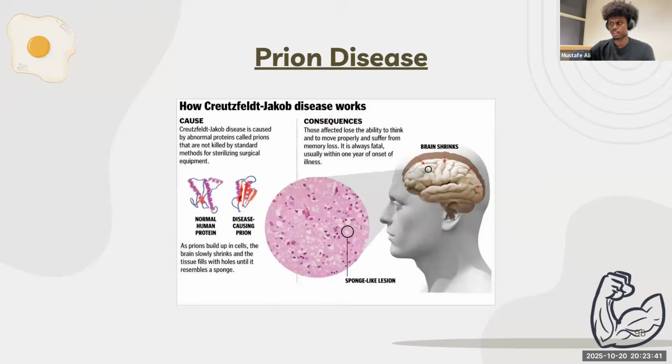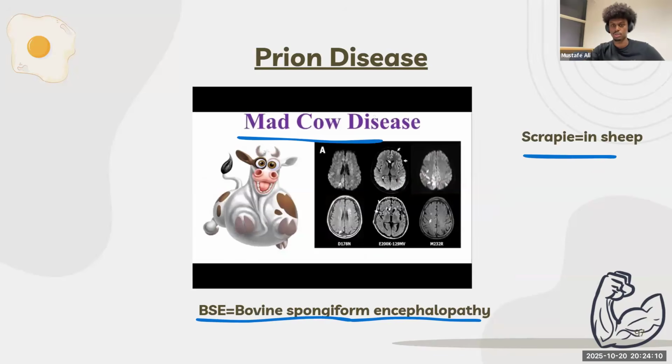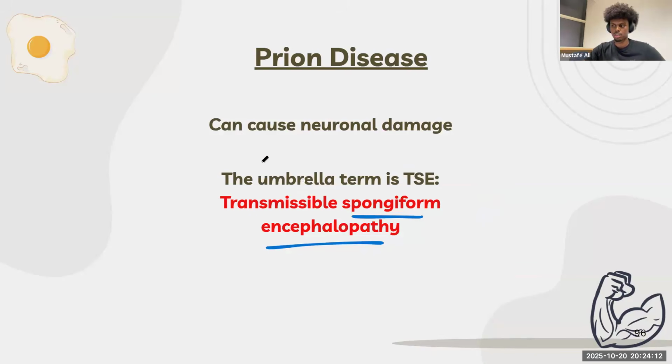And there's this disease called Creutzfeldt-Jakob disease. Do you need to know everything about it? No. Just know that this is prion disease in humans. It causes the brain to shrink. Humans can get it through cadavers, so be careful in the lab and wear your gloves. They could also get it through eating infected cows or infected sheep, and it basically eats up the brain and shrinks it. So just be familiar with these names, BSE and scrapie, and be familiar with transmissible spongiform encephalopathy in case they ask a question.